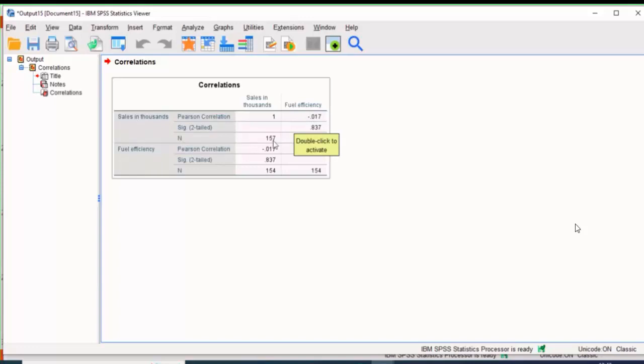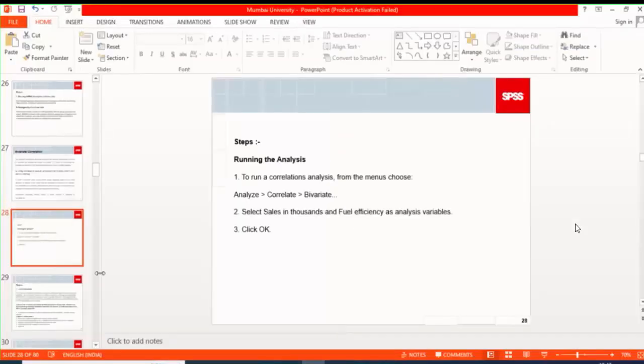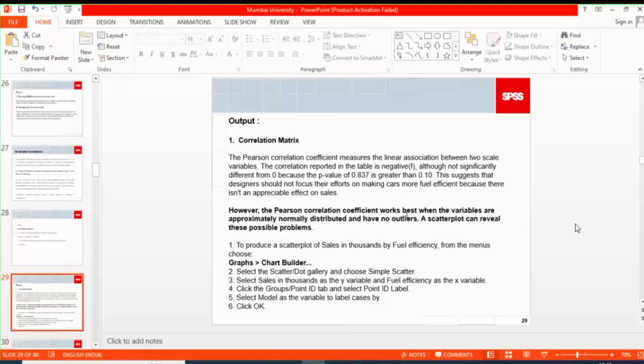This is the number of variables, and we got the correlation as minus 0.7, a negative correlation. That's what the case study suggests. As the p-value is greater than 0.083, this suggests that designers shouldn't focus their efforts on making the car more fuel efficient. However, the next step of this analysis says that the Pearson correlation coefficient works better